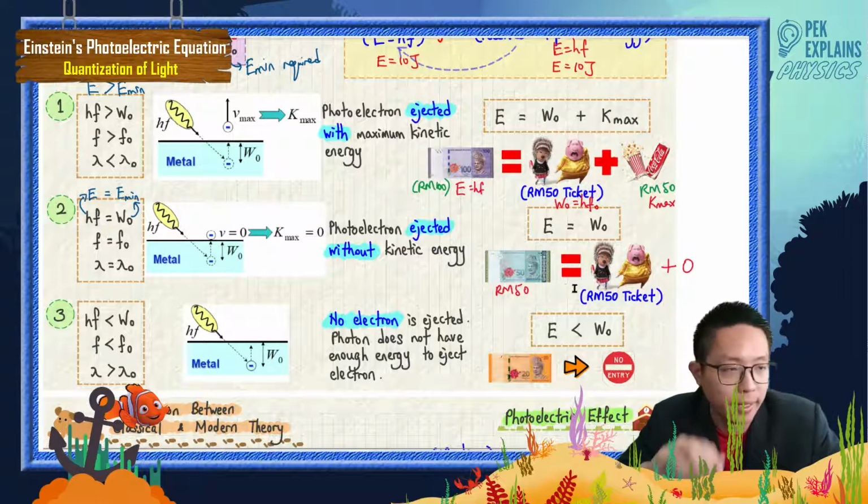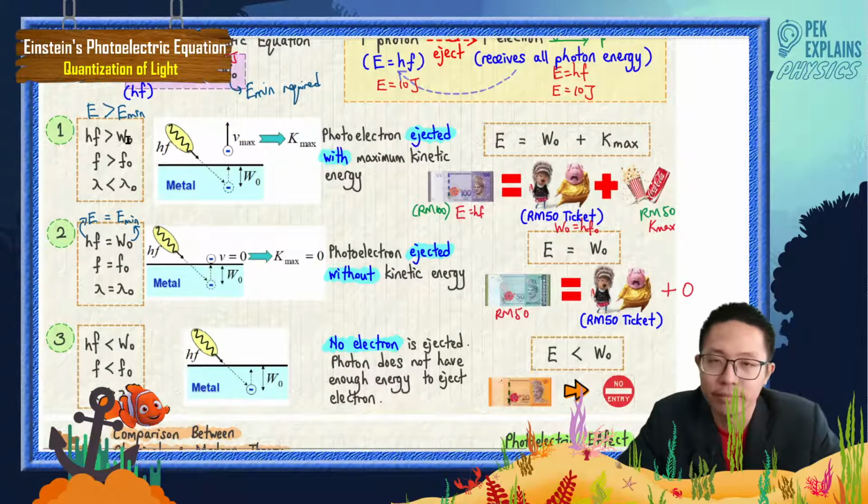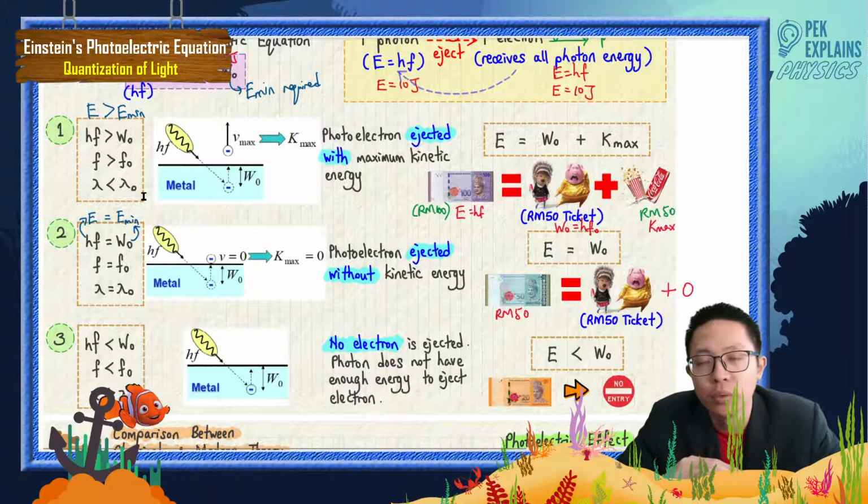Okay? So in the first two cases, the electron can be ejected because hf is more than or equal to the minimum energy required to eject the electron. Or we can say the incident frequency is more than or equal to the minimum required threshold frequency, or the wavelength is less than or equal to the maximum threshold wavelength allowed for the electron to be ejected as photoelectron. Okay,